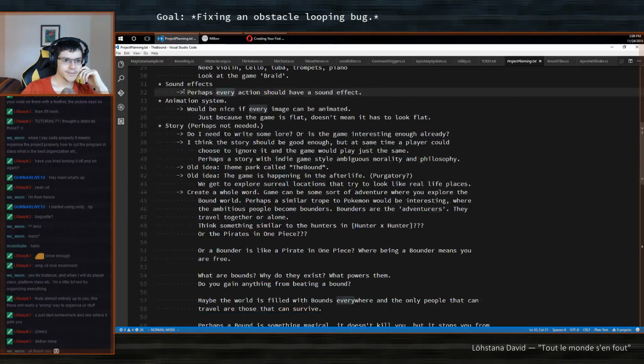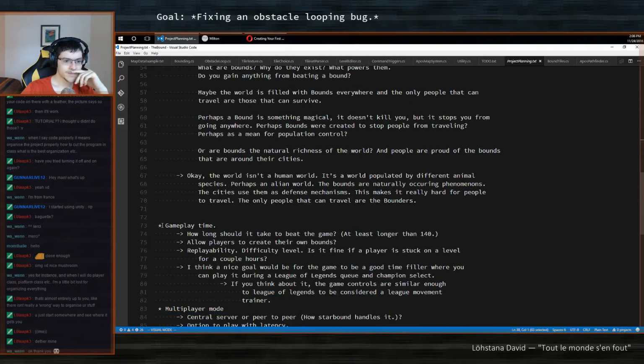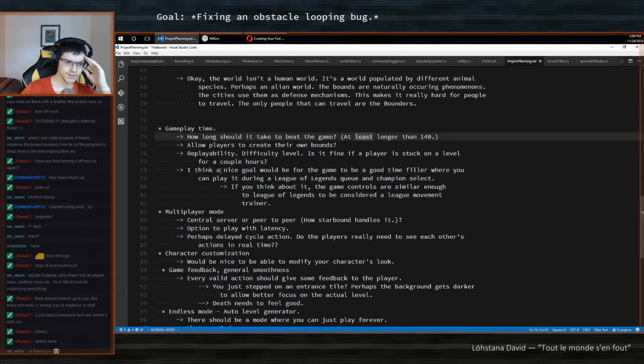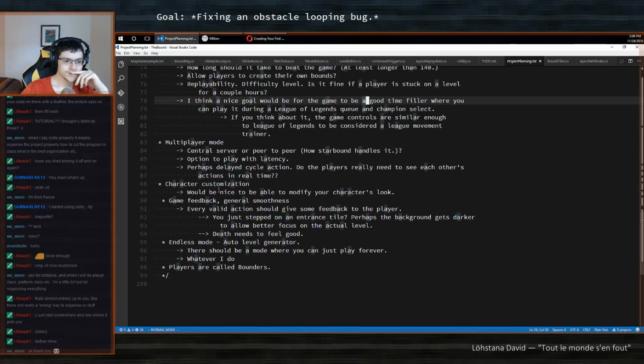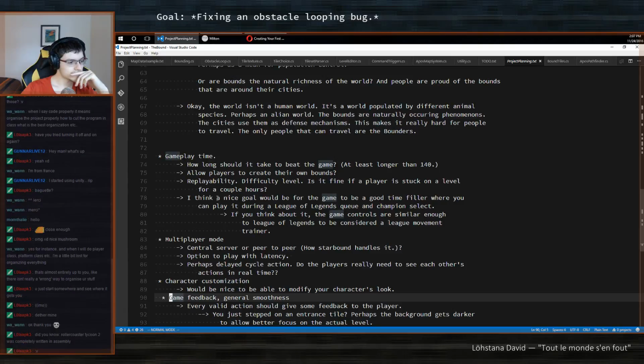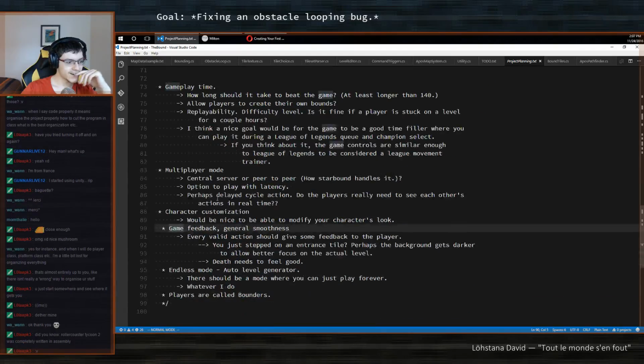Sound effects, animation system, story, perhaps not needed. Do I need to write some lore, or is the game interesting enough already? Gameplay time, how long should it take to beat the game? So those are like different things. Multiplayer mode. Characters look. Yeah, I knew that.